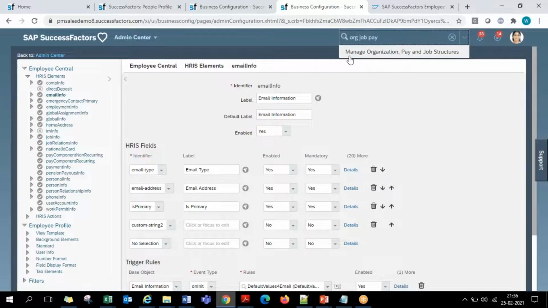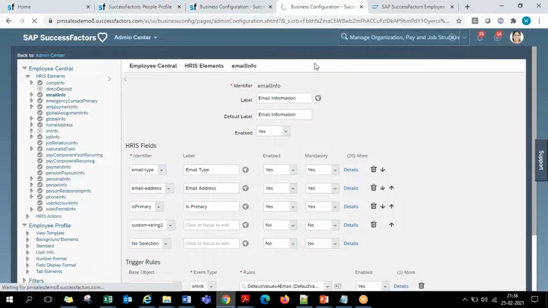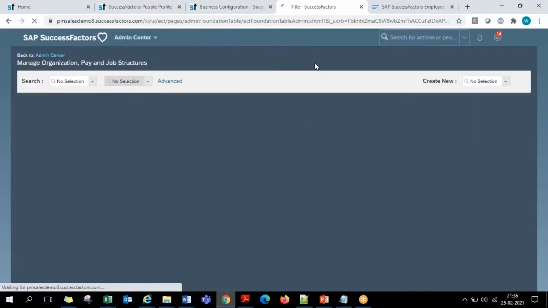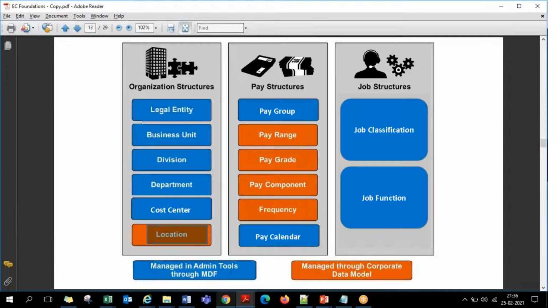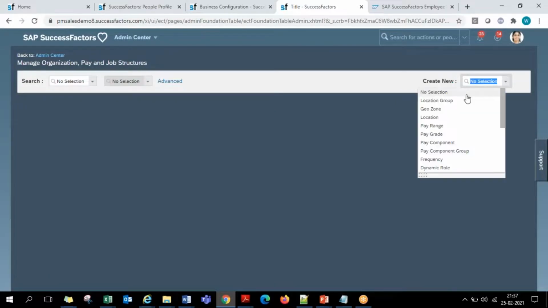When you go to this place, you will be able to create new locations, new pay components, pay ranges, pay grades, whatever you are seeing in this file. On the right hand side of the page you have Create New. You click on the drop down, and the various foundation object names come up. Among them, the third one is Location.